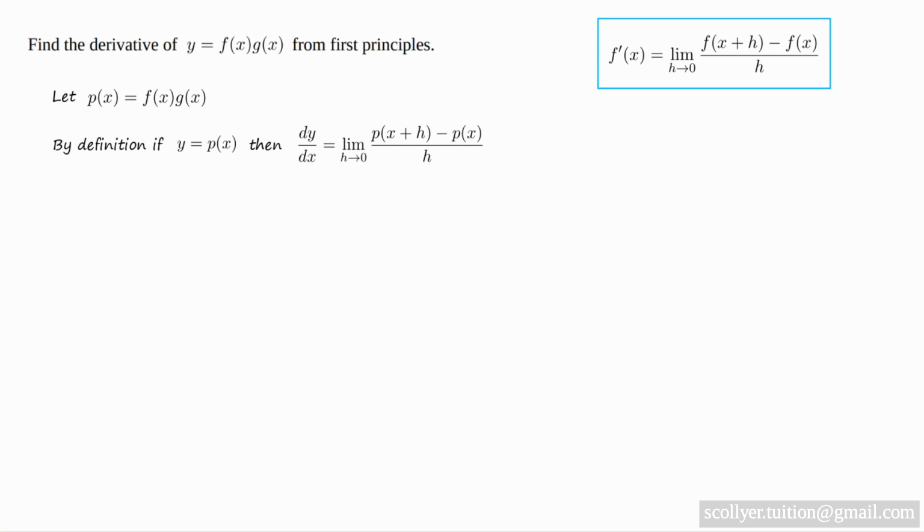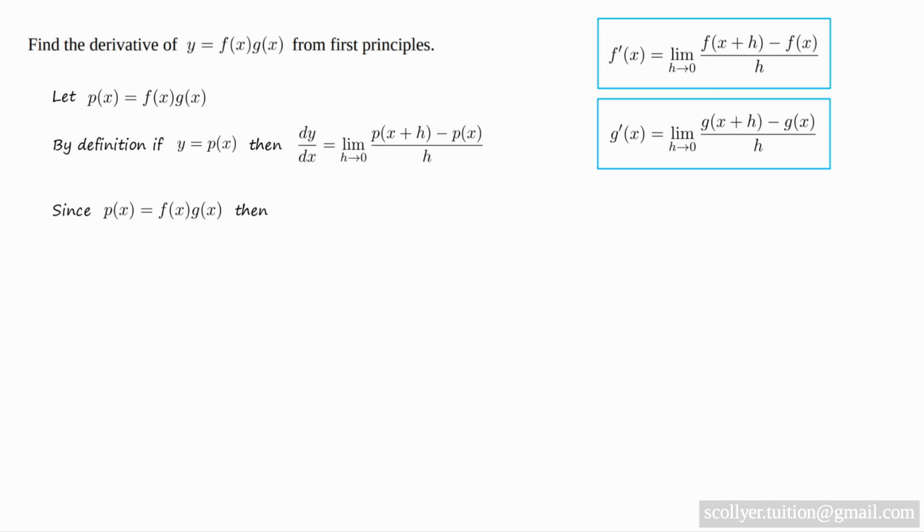And we recall also that f dashed of x equals the limit as h tends to 0 of f of x plus h minus f of x over h, and similarly for g dashed of x. Now we have that p of x equals f of x times g of x, so p of x plus h equals f of x plus h times g of x plus h. We take the definition of dy by dx and we make the following substitutions